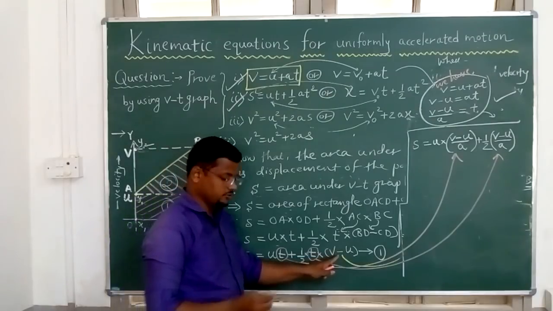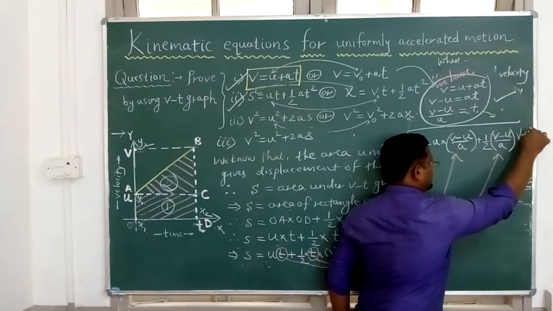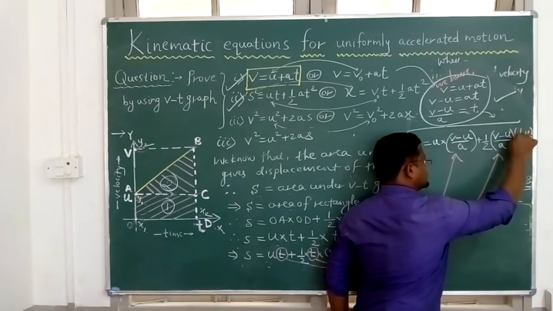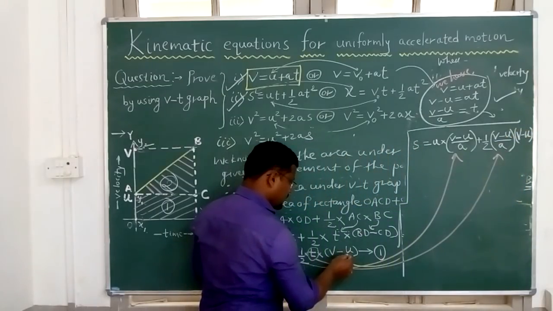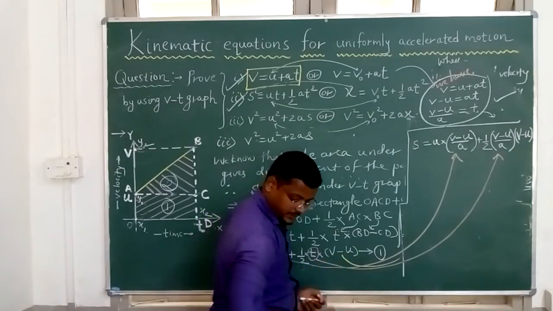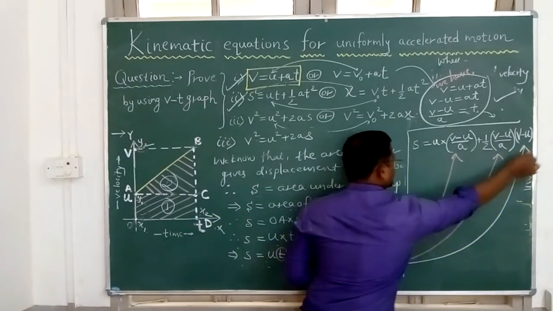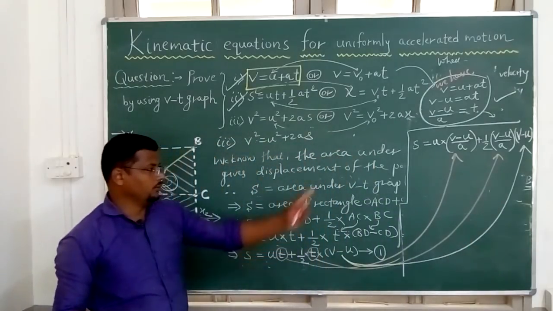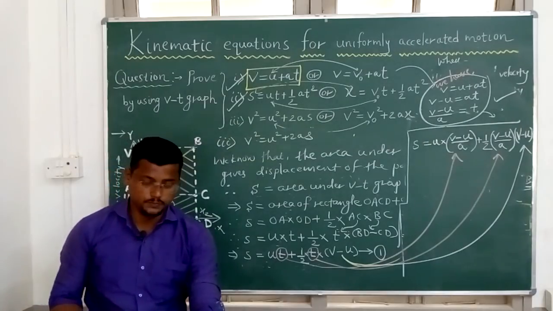And this is multiplied by what? V minus U. This I will write as it is now. It is V minus U. I have written it as it is. Okay, see here, this V minus U, this V minus U I have written as it is. I am talking about this here. Now I have to solve this equation. Right? How to do, we will see here. I hope this is clear.